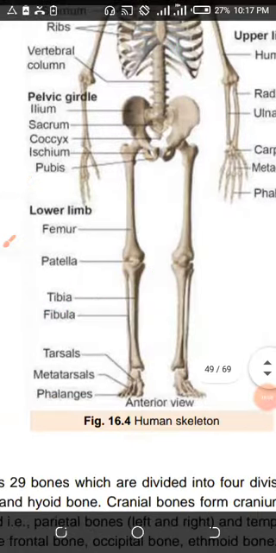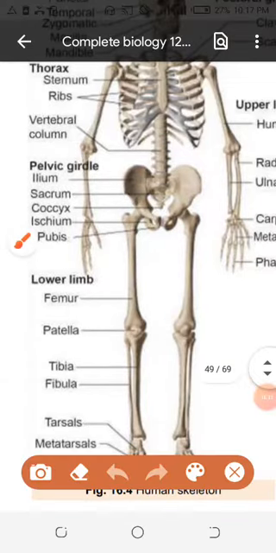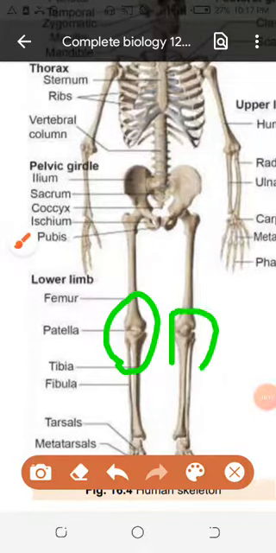These joints are more affected in the female. There are multiple reasons, I am not going to discuss them here, due to the presence of estrogen and progesterone hormones, which are reproductive hormones present in the females. These females sometimes suffer when their menstrual cycle finishes. You will study the reproductive system also in detail, and when you see the menstrual cycle in the females, when the menstrual cycle finished, what happened? These joints become a little weak, because that is the side effect of the estrogen and the progesterone. I will discuss later in the reproductive system, and some disease areas we will study later on.